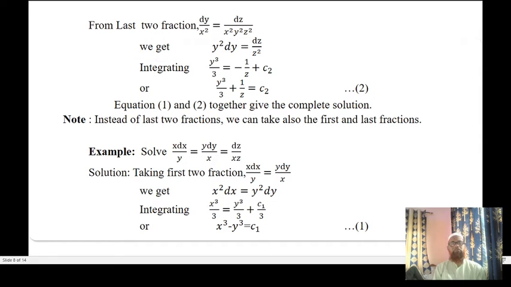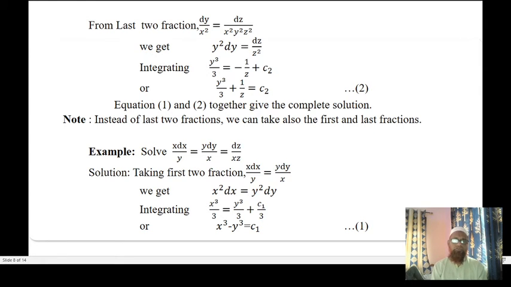Out of the three, we have to take any two sets of fraction ratios: the first two, the last two, or the first and last, like this. Next example: solve x dx by y equal to y dy by x equal to dz by xz. Taking the first two fractions,